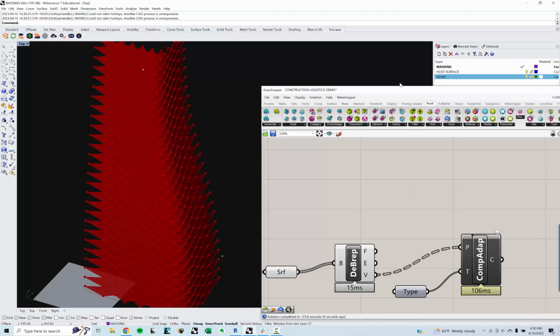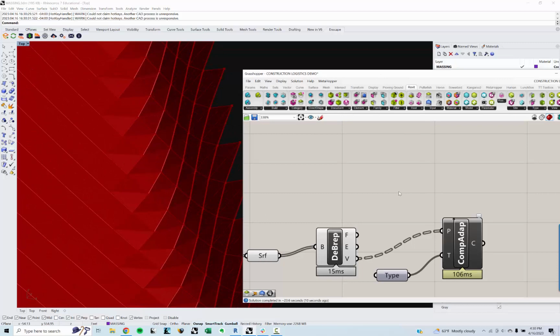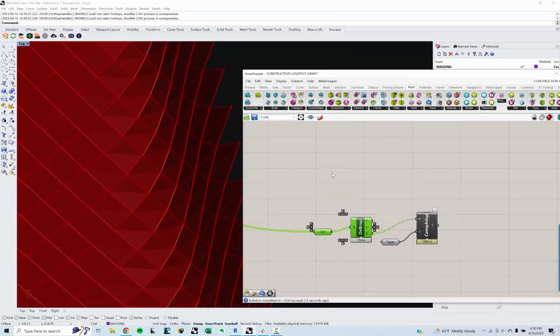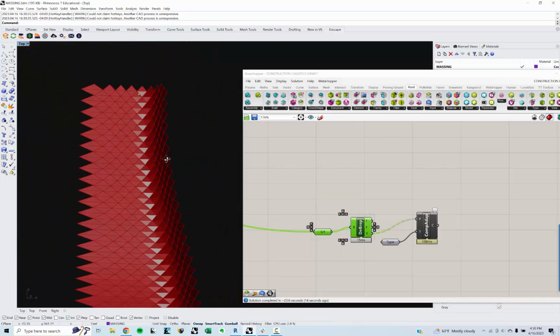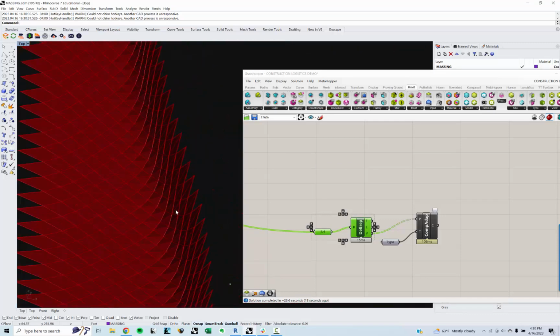Okay, so I just paused it. It took about 30 seconds. It didn't take too long, but you can see now in here, we've actually got that skin that is built up out of the adaptive component. So what that means is if I go into Revit now,